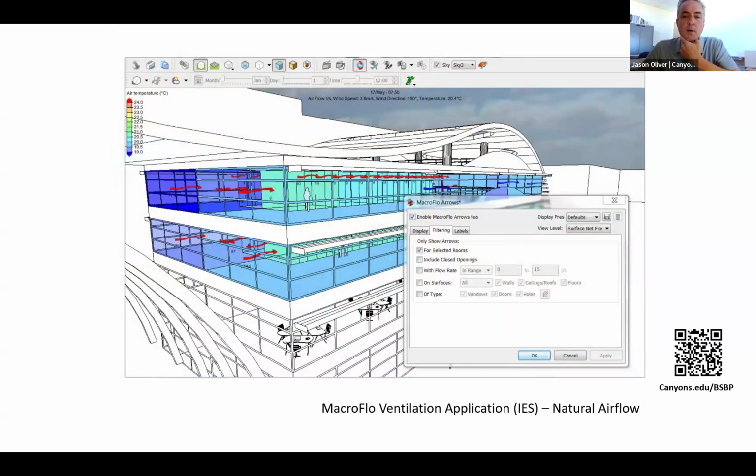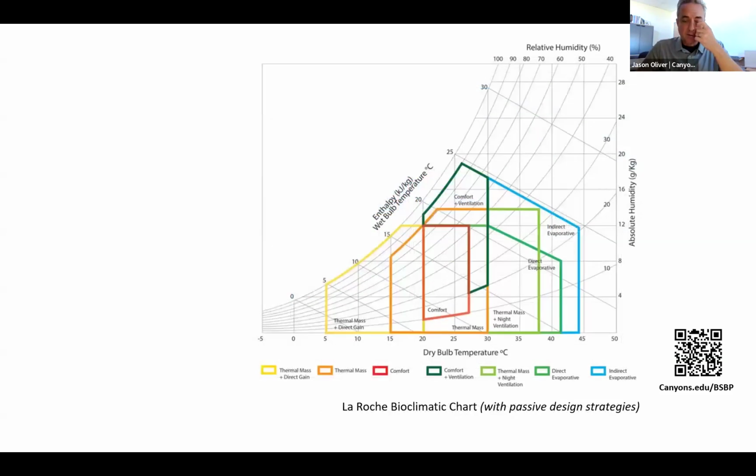Same thing with airflow. Through the dynamic modeling, we can simulate airflow, whether it's coming in from the outside and we're doing a natural ventilation scheme. We can find out how many cubic feet per minute of airflow we get coming through a particular window or through a space.